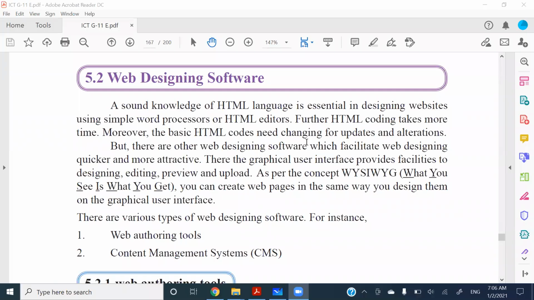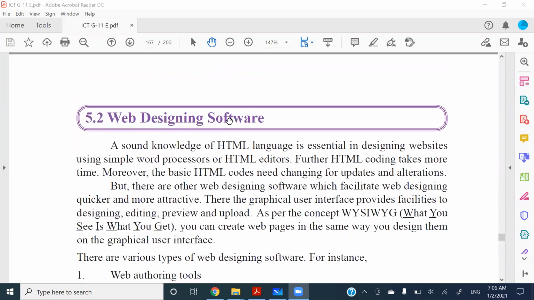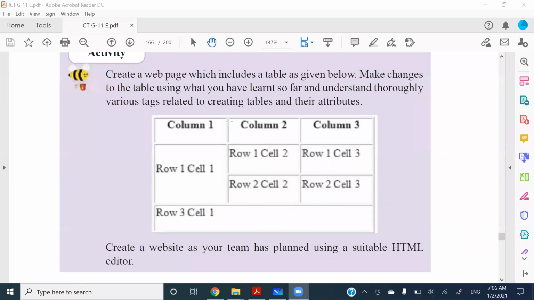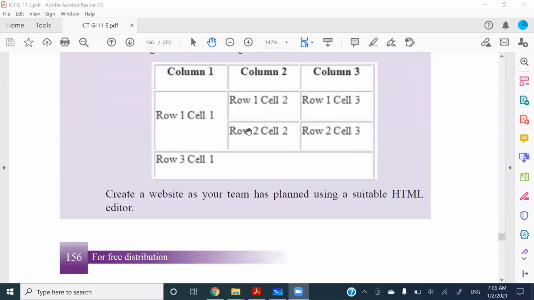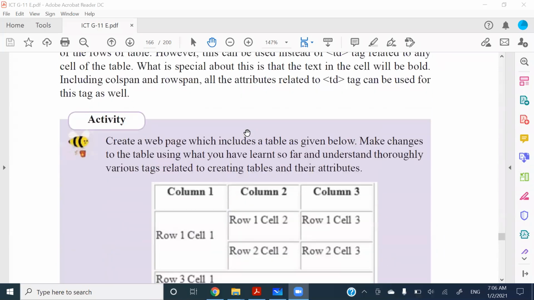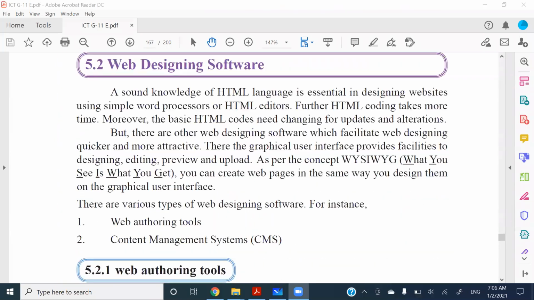Yeah, so in the web designing lesson, this is the place where we have stopped creating the pages, right? So then we have to talk about web designing software. There are two types, which are web authoring tools and content management systems. In short form, we call it a CMS. Both these